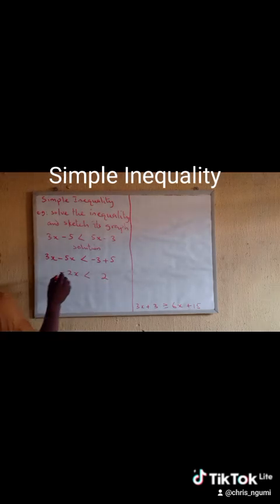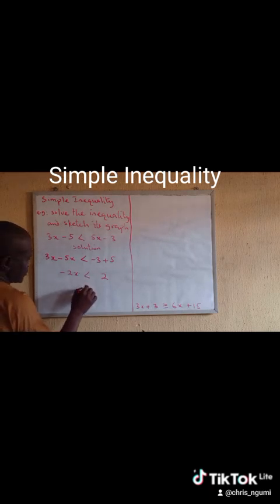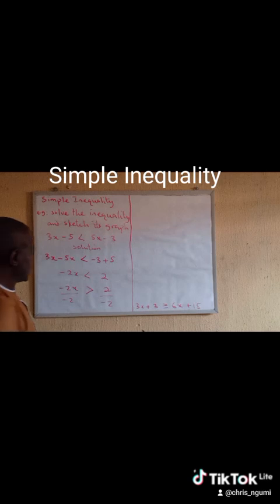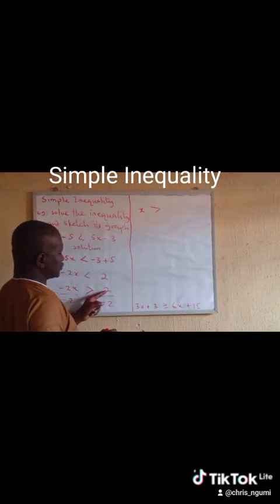Now, because we want to remove this coefficient, we are to divide both sides by minus 2. And we say when we are dividing both sides by minus 2, you reverse the inequality, because of the intricacy about the negative sign. So this is less than, so it will become greater than. So I have minus 2x divided by minus 2, and I have 2 divided by minus 2. That means this minus 2 will cancel minus 2. So my x will be greater than,